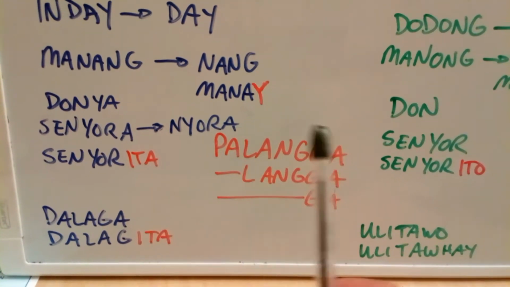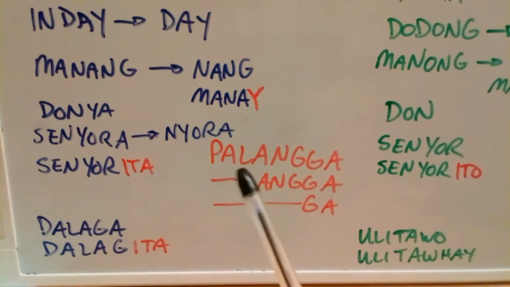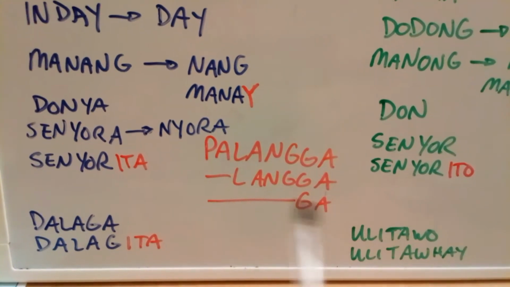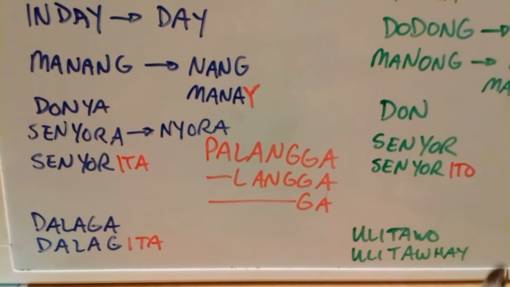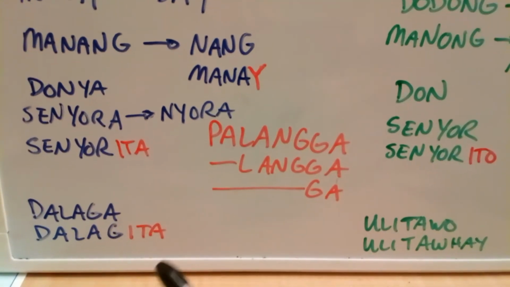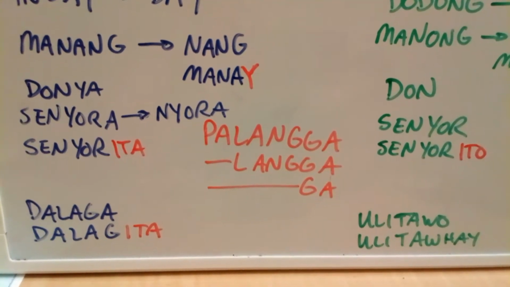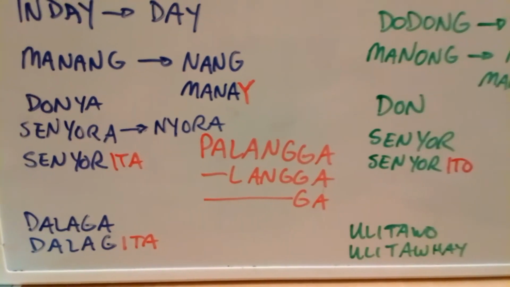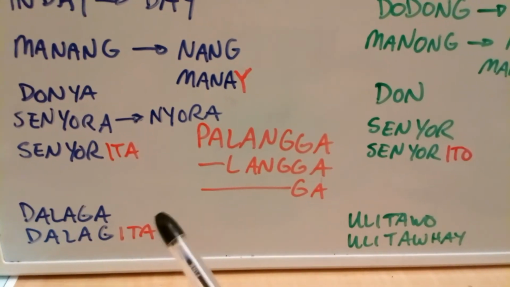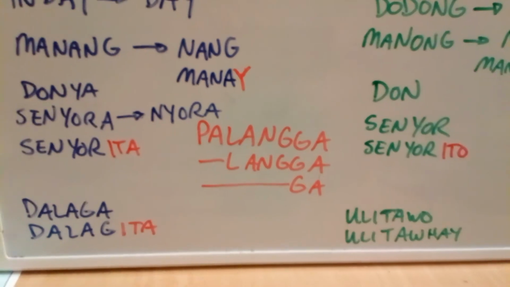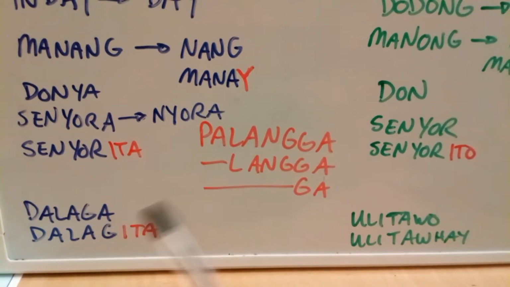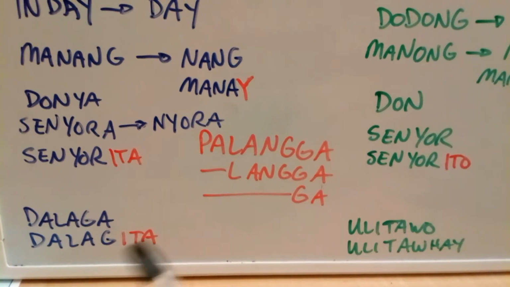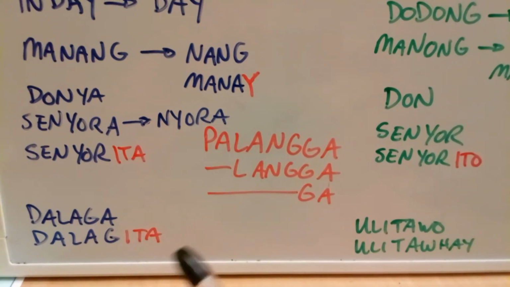Now, if you don't hold a high title or anything like that, if you're a fellow commoner, we use the words dalaga and ulitawo, dalagita and ulitawhai. These words pretty much say that this person has reached the age of puberty. They're able to reproduce and have kids, to start a family. Dalaga and ulitawo are bachelors, in that ripe age range where you can start a family.